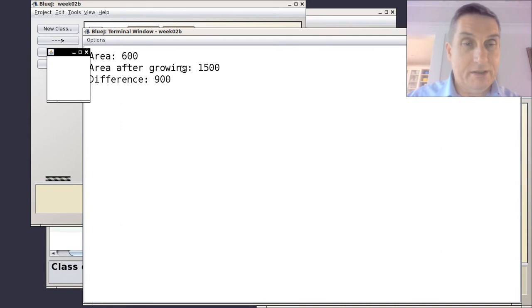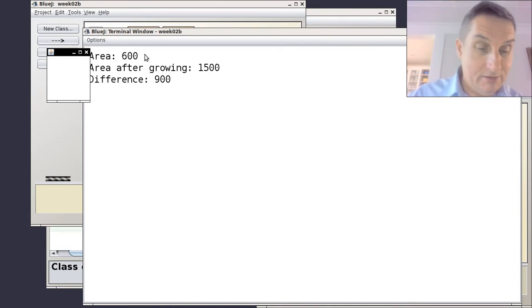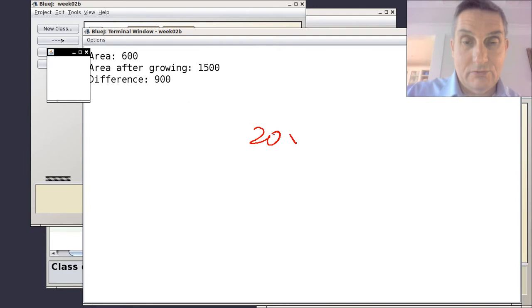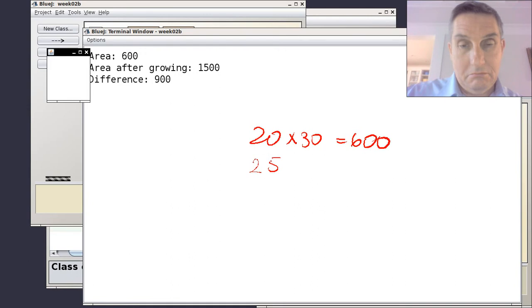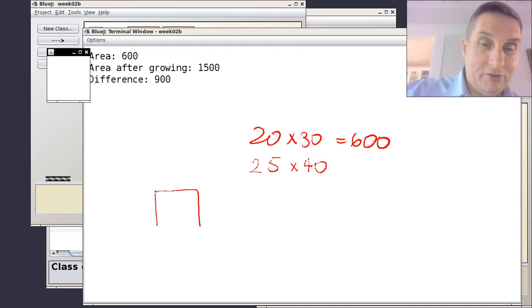then in this particular case it says the area before was 600. Well, that's 20 times 30. So that is in fact 600. And afterwards, let's say it would have been 25 times 40. That can't be 900. But that's because I'm wrong, because what we're doing is we're starting out with something that's